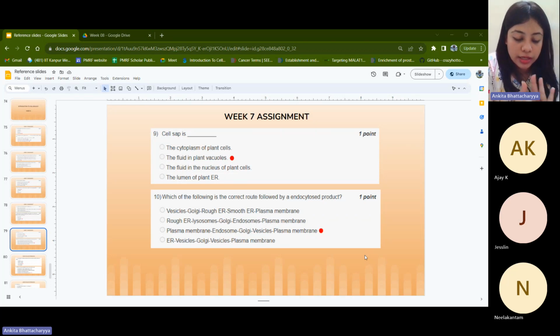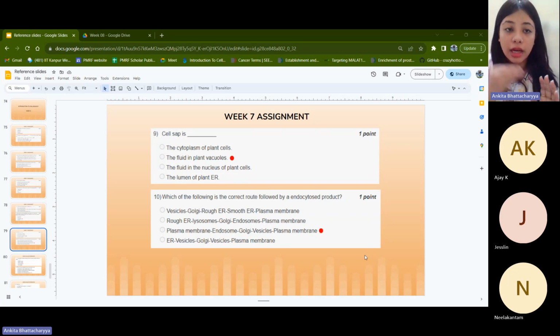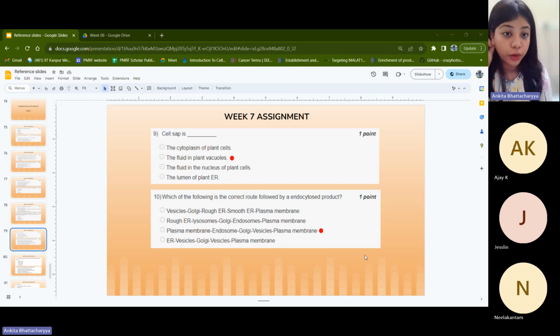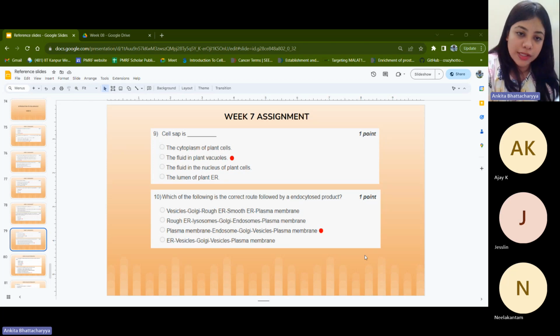But when you see that none of the options fit what you know to be the correct one, you can go for the best fit. And among the best fit, it has to start from the plasma membrane. I am sure you agree on that as well. If the process was exocytosis, where something from the cell has to be pushed out or secreted out, under those circumstances your priority should be to go for the option which ends with the plasma membrane. Last fusion should be at the plasma membrane. I hope that makes the distinction a little bit clear. If something has to be taken up, you start from plasma membrane, you go to vesicle, you go to whatever organelles are there inside the cell, and then you again recycle it back to the plasma membrane.